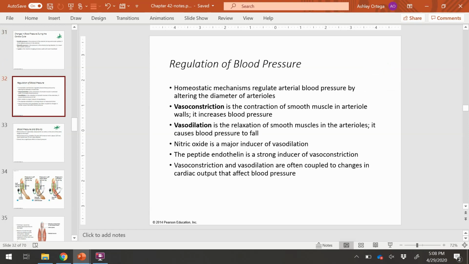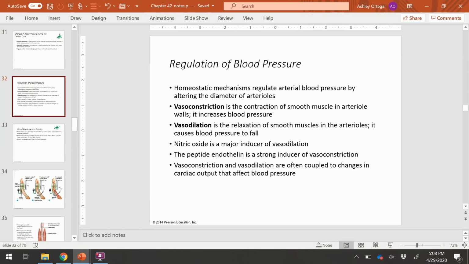And so blood pressure can be regulated through our own homeostatic mechanisms. They also can be regulated through other methods, artificial means. But here you can see vasoconstriction is going to contract the smooth muscle, increasing blood pressure. It's going to make those blood vessels smaller. Vasodilation is going to be relaxing smooth muscle, so making those blood vessels bigger, and it's going to cause blood